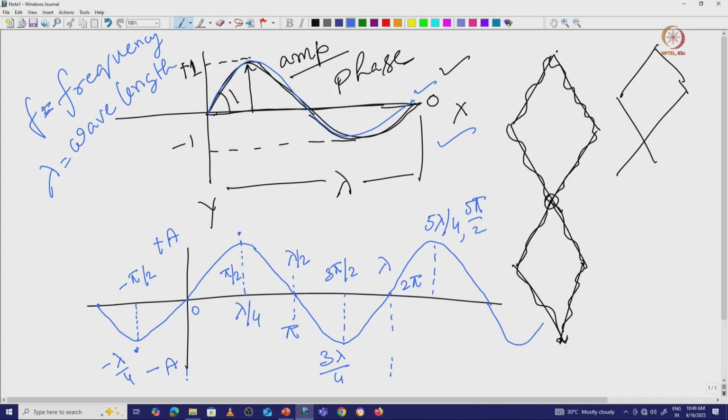Now this particular point is just the opposite direction of this one, right? So now we can write that this particular point will be lambda by 2 and it will be minus pi. So from this diagram we can correlate this angle with our wavelength, which angle corresponds to which wavelength if it is moving in one direction, and also from the sign we can consider whether it will be negative or positive. Now next go to the next one.